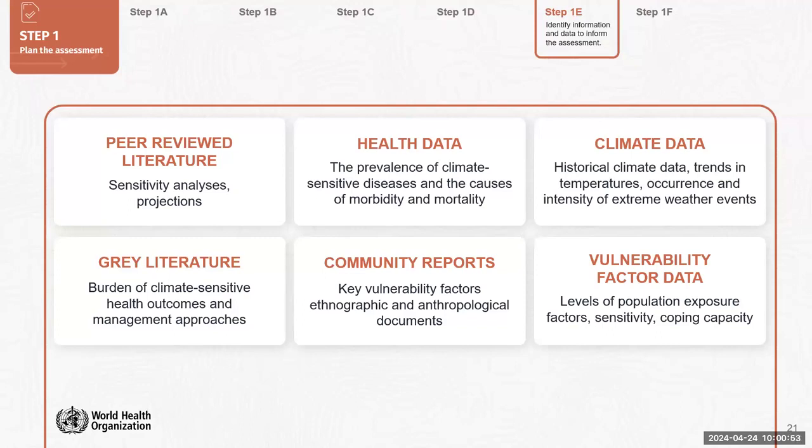Then we need several sets of data. We definitely need health data, which the Ministry of Health would probably have, or we'll need to negotiate within departments to make this data available to the team. And also, you need climate data, which is outside the scope of what the health sector can obtain. So you need to go and form partnerships with other sectors. Of course, vulnerability factor data also come from both within the health sector, but also mostly from outside the health sector.